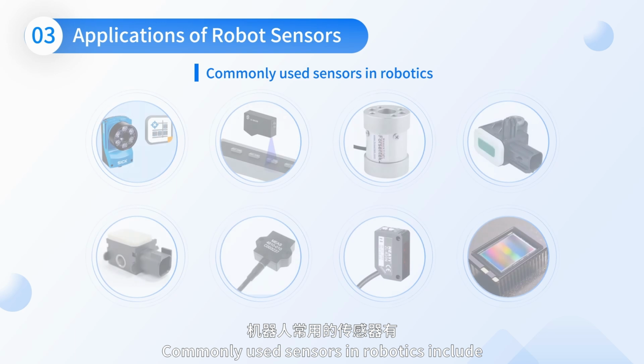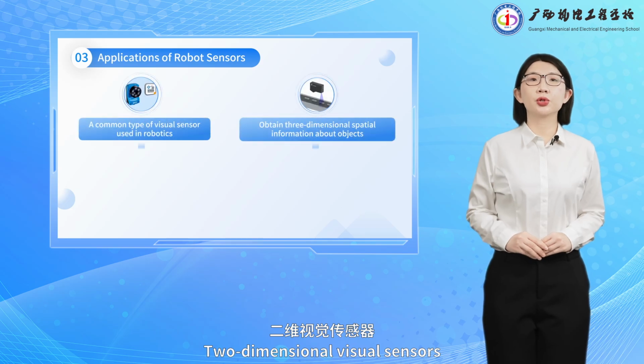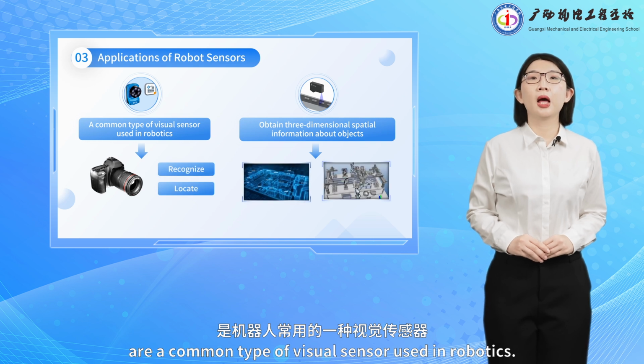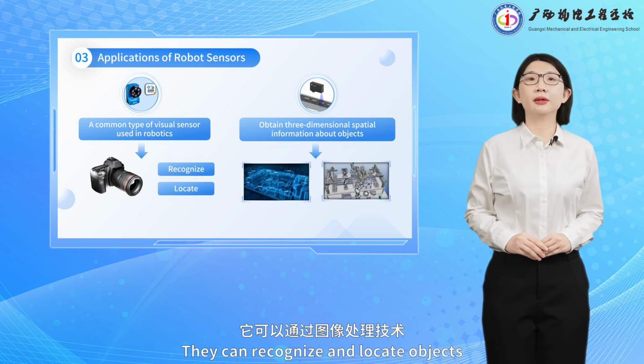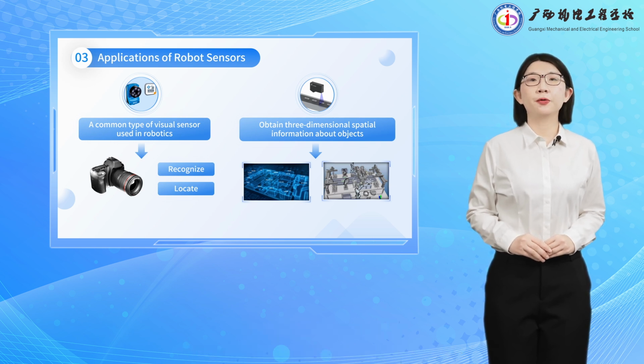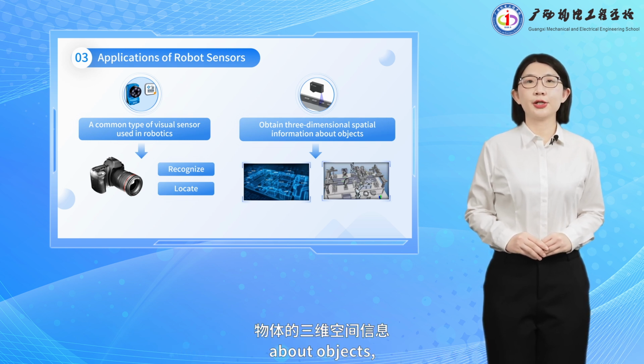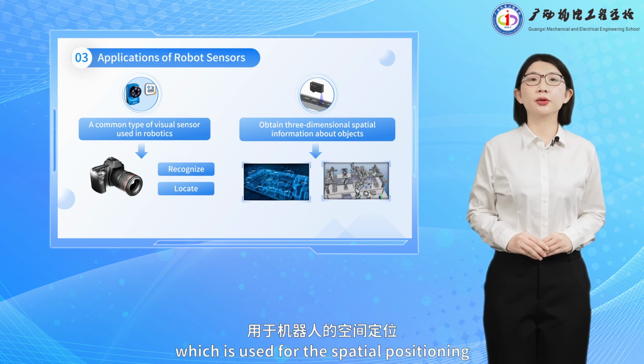Commonly used sensors in robotics include two-dimensional visual sensors, three-dimensional visual sensors, force-torque sensors, collision detection sensors, safety sensors, electromagnetic sensors, fiber optic sensors, bionic sensors, etc. Two-dimensional visual sensors are a common type of visual sensor used in robotics. They can recognize and locate objects through image processing technology. Three-dimensional visual sensors can obtain three-dimensional spatial information about objects, which is used for the spatial positioning and motion control